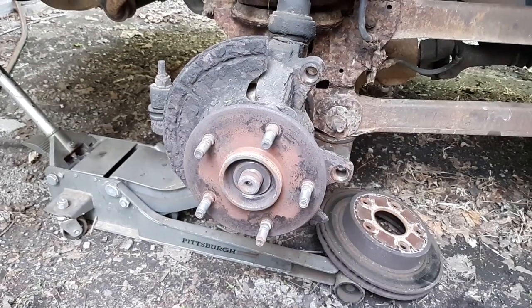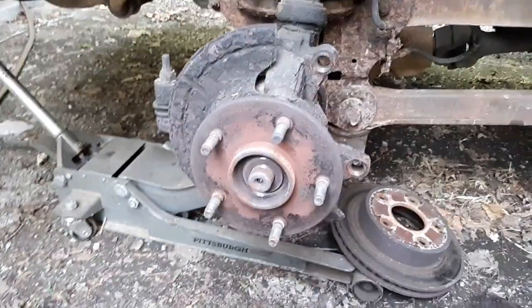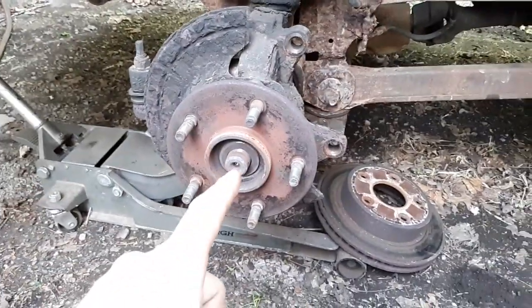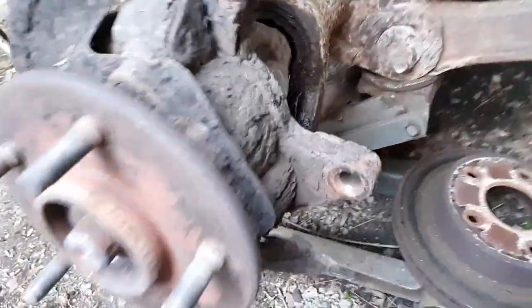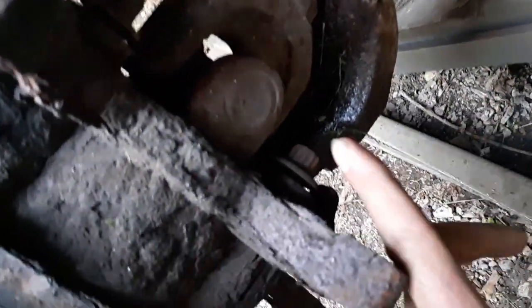Okay, guys, now I got something interesting to tell you and show you. I just got done talking about breaking tools and using heat on this stuff. Well, to get these hub bearings out here, you got 3 bolts back here that you got to take out. You got one here, one right there, one right there, one down in the front here. Right there. As you can see, they're loose. But,